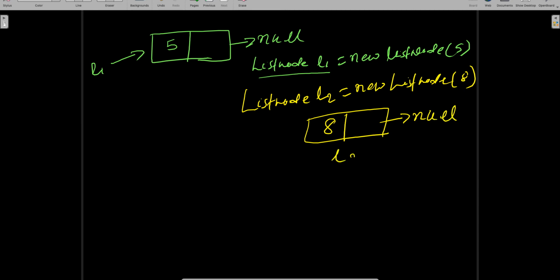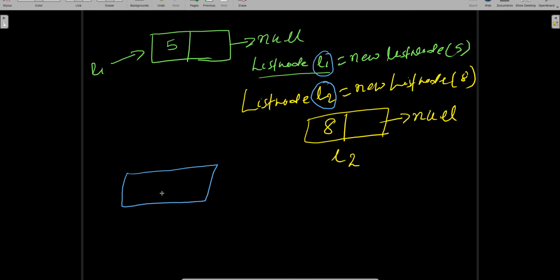This will be represented by L2. L2 is nothing but the reference of the object. Now L1 is the reference of the first node. The connection part we'll see through coding.